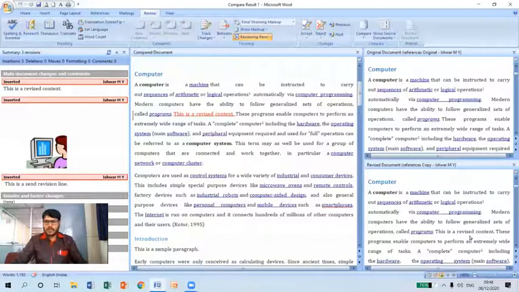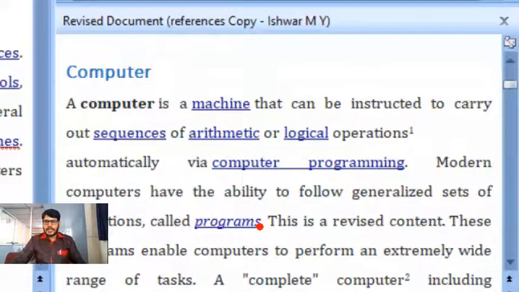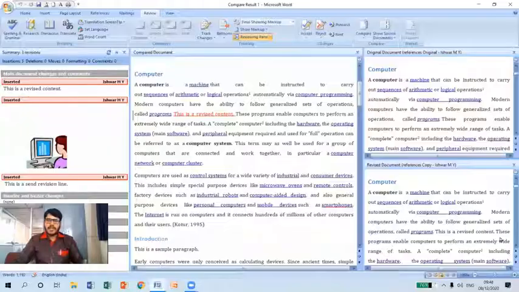As you can see here, let me zoom in. You can see the content is available here. We cannot go through individual documents separately. Rather than going through individual documents, this is the simplest manner to compare our documents side by side. So this is how we can track the changes and we can compare multiple documents.